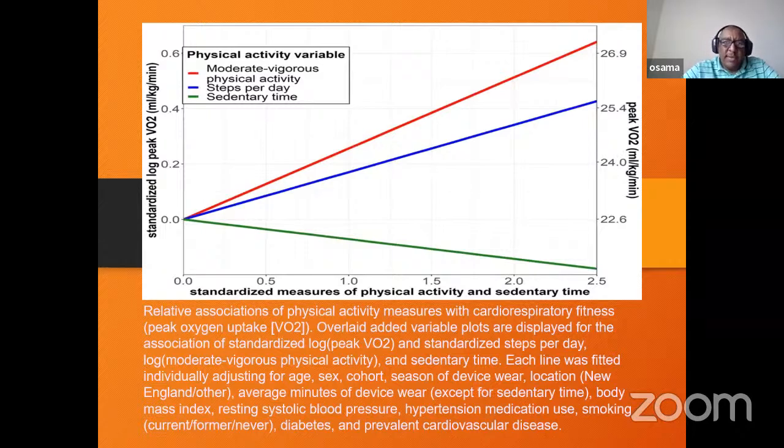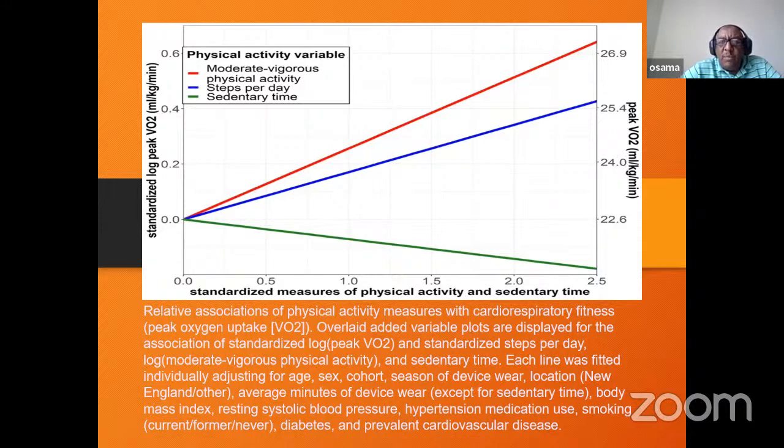In this diagram, we found that for the physical activity variables, the red line corresponds to moderate vigorous exercise, which reached 27 point something, steps per day is almost 25, and for sedentary time it is 2.5. So when you go up, the oxygen uptake increases, and it will reach the peak on vigorous exercise. So, the relative association of physical activity measures with cardiopulmonary fitness, peak oxygen uptake,